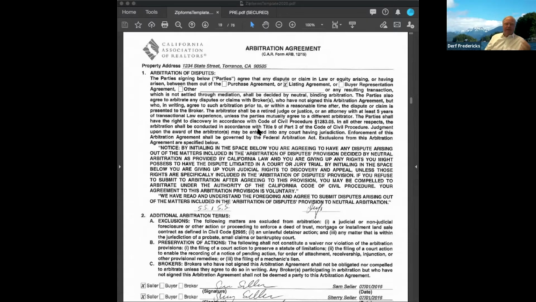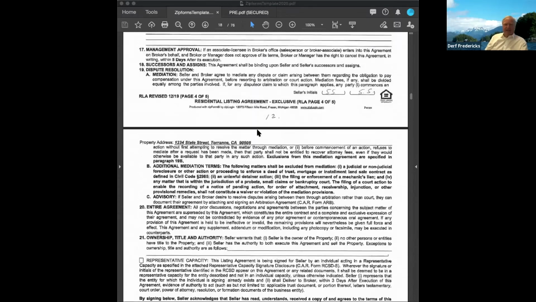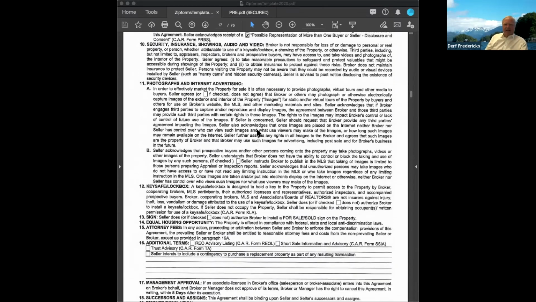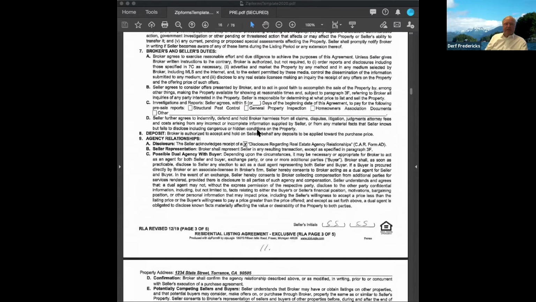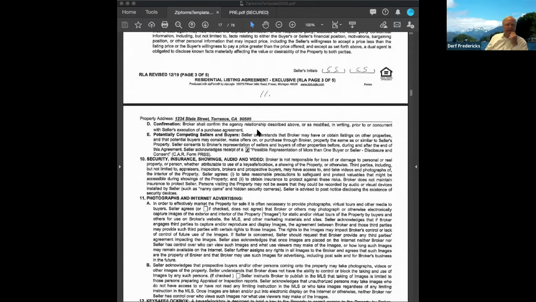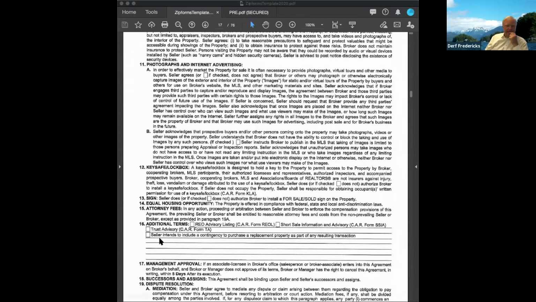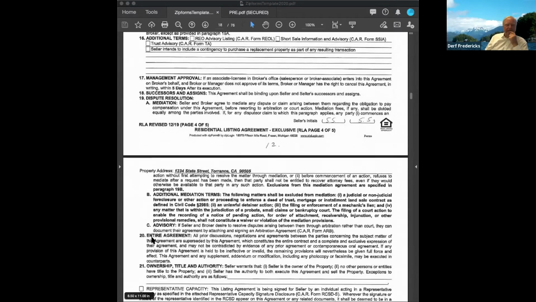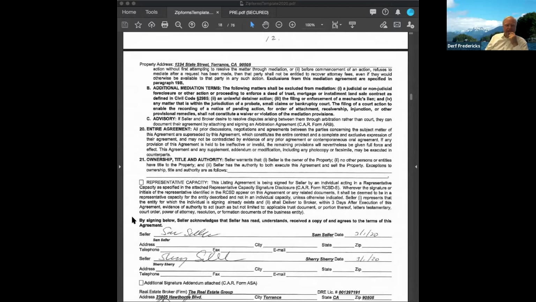Let's go back a little bit, a couple more things on this listing agreement. There's a representative capacity. We're seeing that more now. Scroll down a little bit at the very end. I think it's on the last representative right here. Okay, so